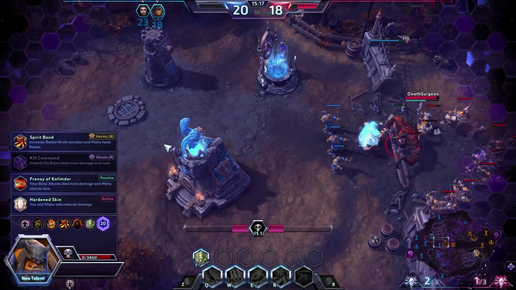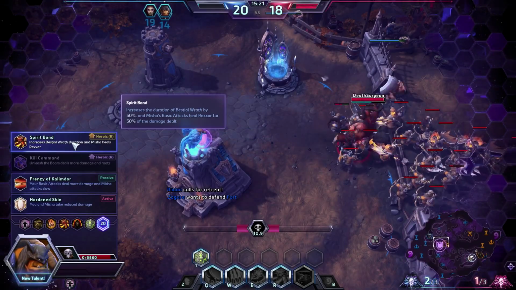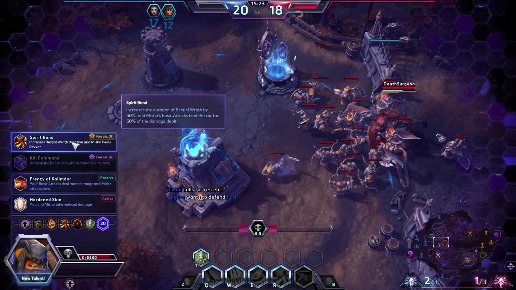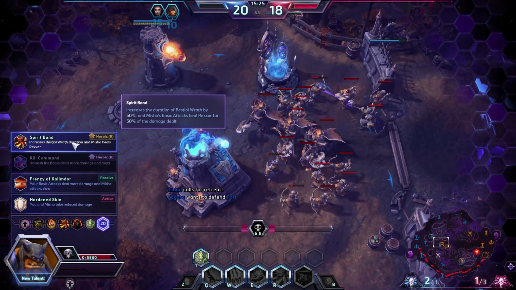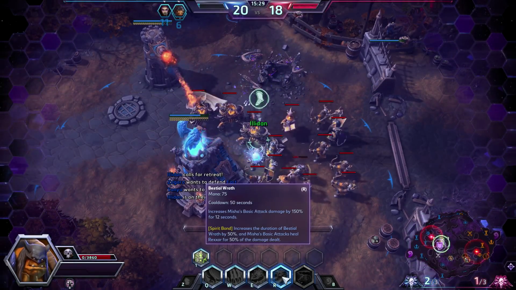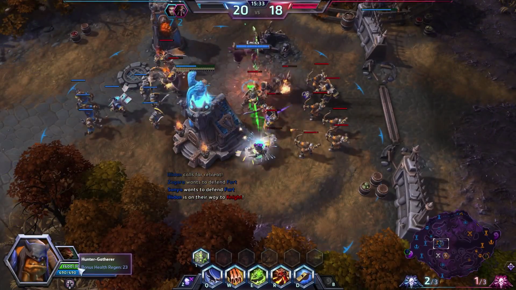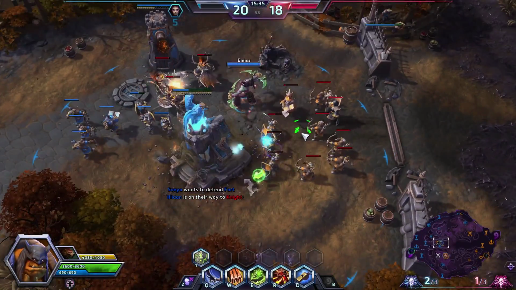Anyway, level 20 talent. The last talent we're going to grab here is Spirit Bond. So we increase Bestial Wrath duration for Misha, and also cause Misha's basic attacks to heal Rexxar for 50% of the damage dealt, which I think is pretty nice. So during Bestial Wrath, it's longer, and you're healing Rexxar. Because this is the one thing I do find he lacks: although you've got regen, and you do get better bonus regen now that they've fixed the talent,